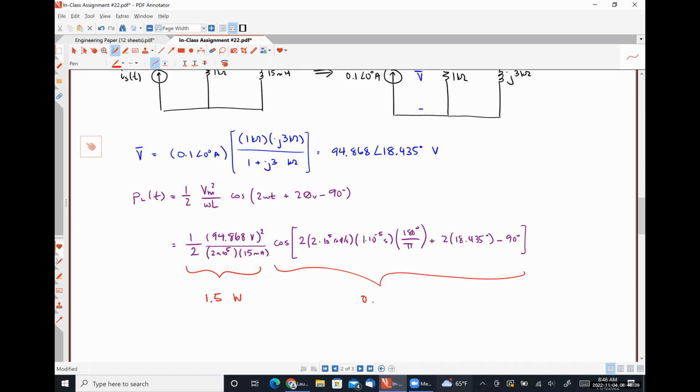I get 0.9976. If I multiply these two things together, so times 1.49998, I get,